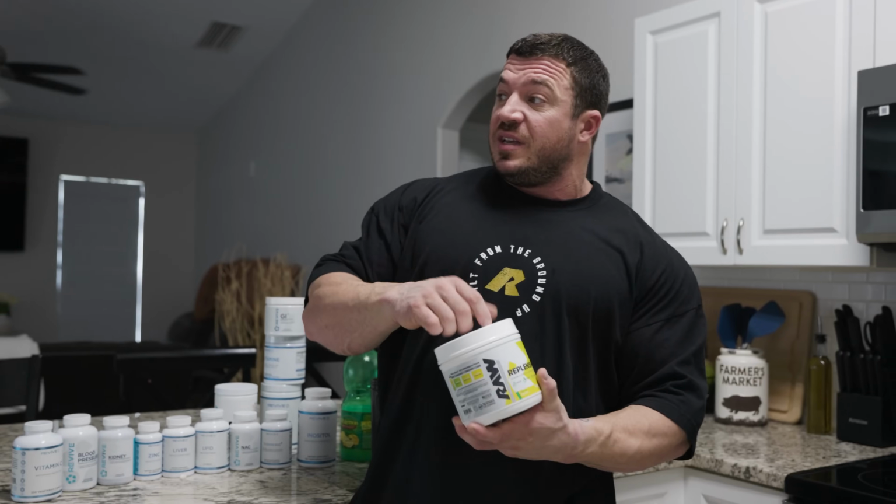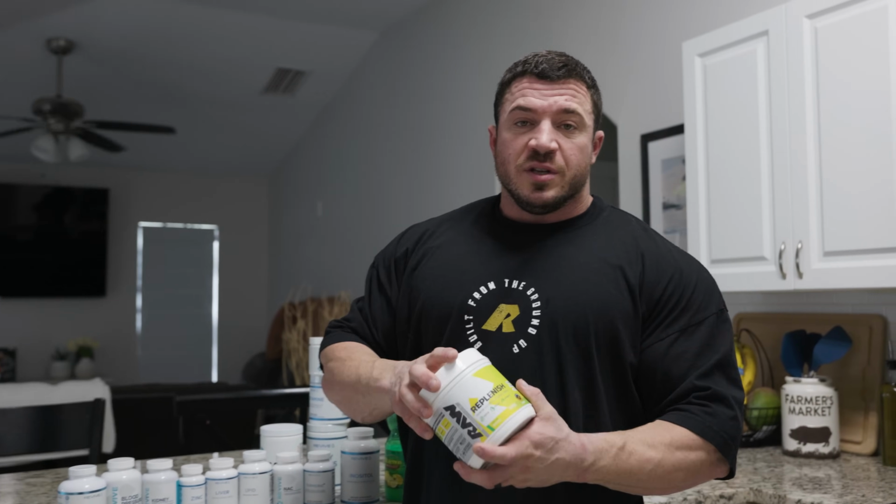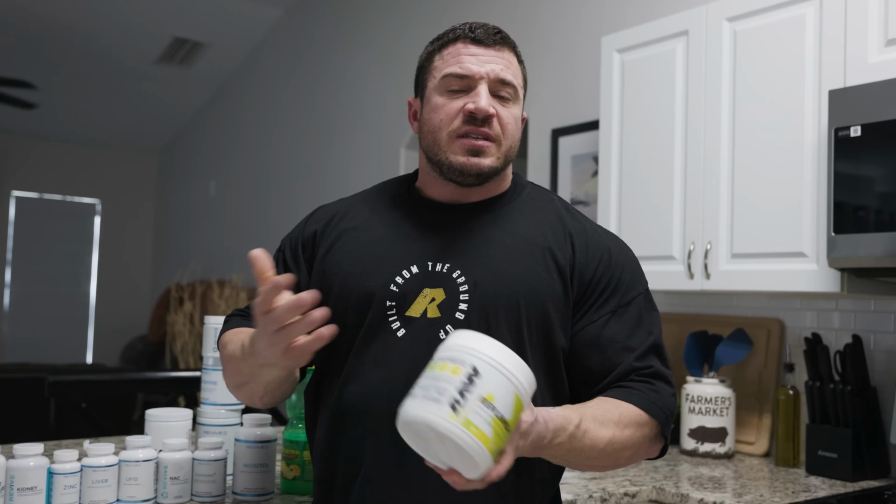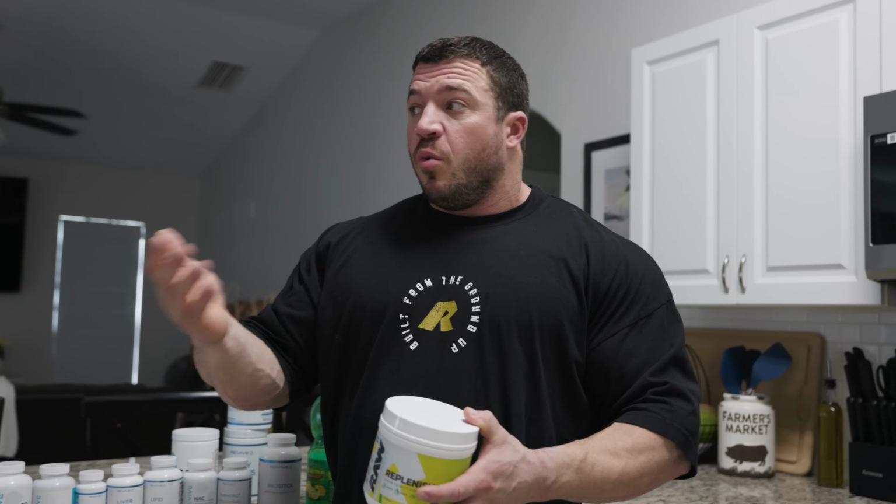So finally, the newest product from Raw that I'm drinking the shit out of. I just had a full scoop of this while we're doing this. How I do this is one scoop in the morning with a big jug of water. This is the new product called Replenish, and obviously it's just a hydration drink, an electrolyte mix. It has a lot of sodium in there to really make sure that you're hydrating with the water that you're drinking